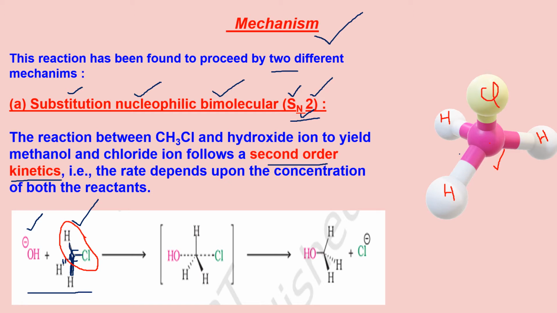Now here the angles are equal. If you turn the molecule, which is tetrahedral, in any direction, you will see all the bonds are at equal distance, equal angle from each other, and that is 109.5 degrees. So that is the angle when you have all the four attachments exactly the same.